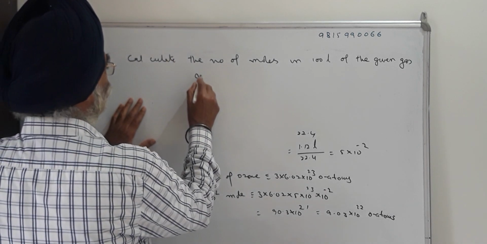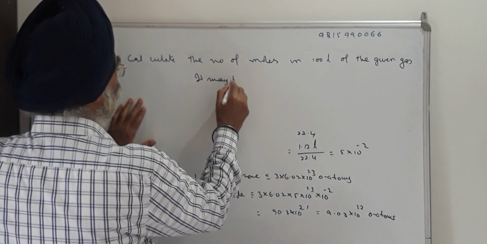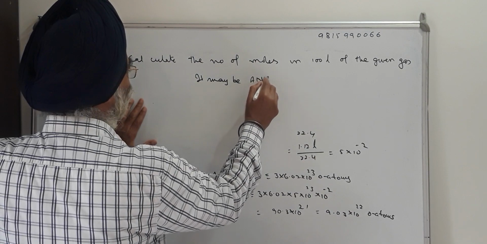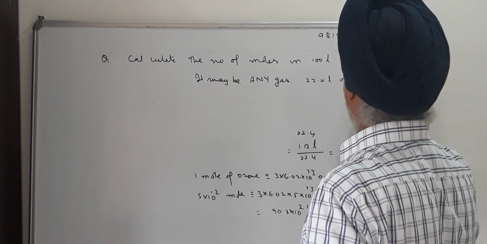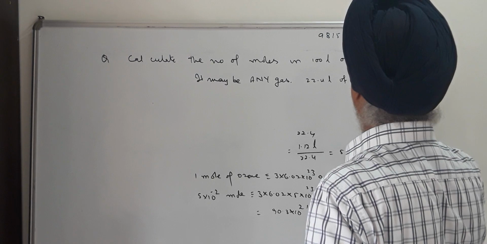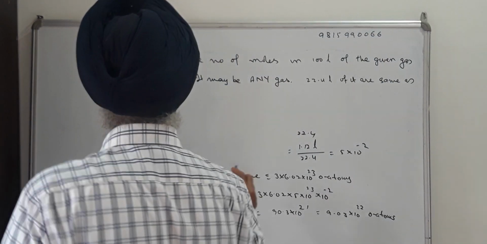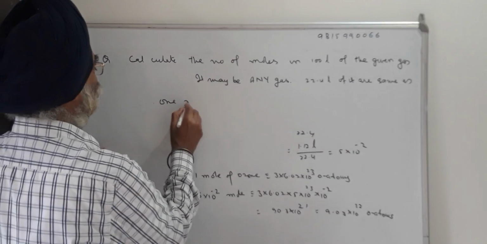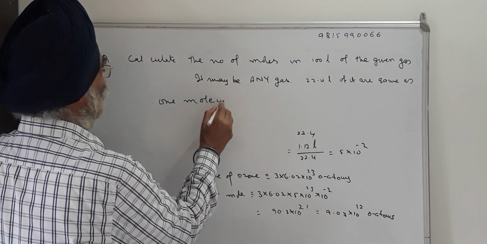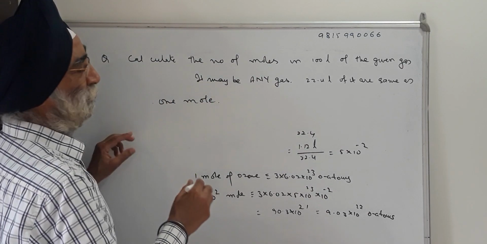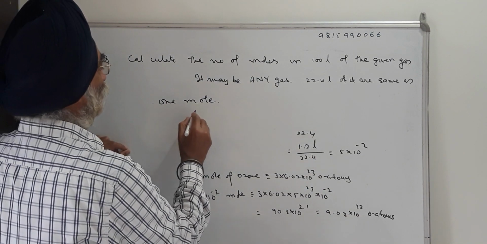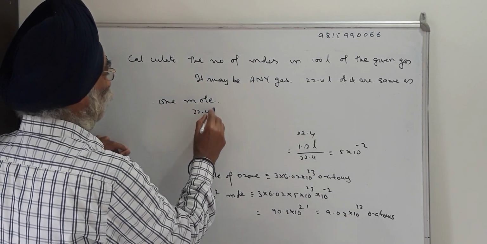It may be any gas. 22.4 liters of it are equivalent to or same as 1 mole. So, unitary method, 22.4 liters